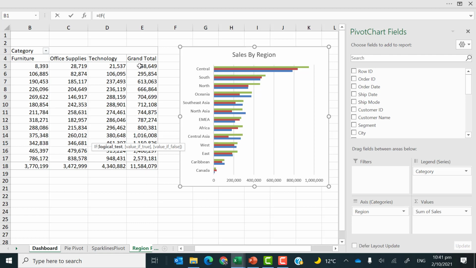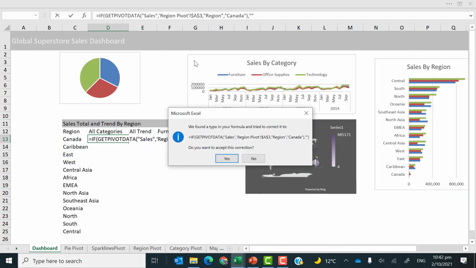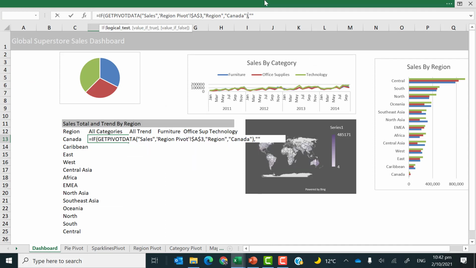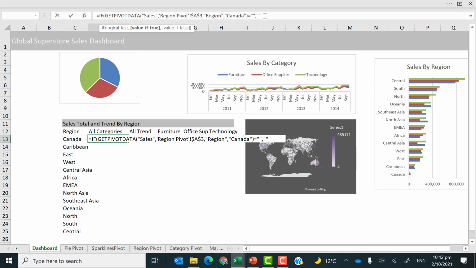So I'll use that, and if it is blank, return blank. Let's go to the dashboard sheet so that we can see the formula. Is equal to blank, then return blank, otherwise